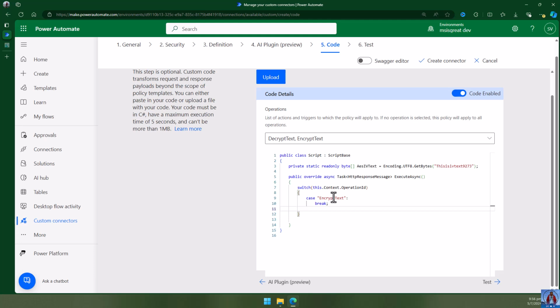And the other operation is decrypt text, and let me add the break. This is mandatory, and you should be knowing that